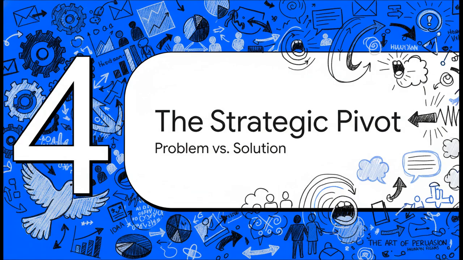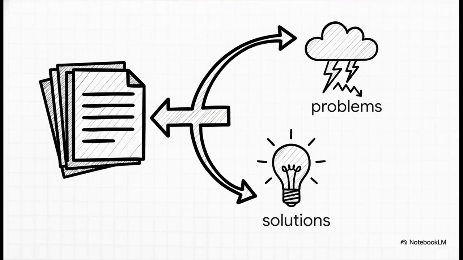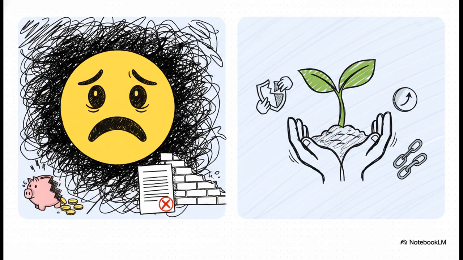All right, so we've seen the data, and we've seen the legal framework. But now we get to what I think is the most fascinating part, the actual art of the argument. Let's look at how the message itself is strategically shaped for maximum impact. This is what's called the strategic pivot. So get this, the source material actually lays out two totally different communication strategies. We're talking two different ways to present the exact same set of facts. This just goes to show how much conscious effort goes into tailoring a message for a specific audience to get a specific result. And here they are, right next to each other.